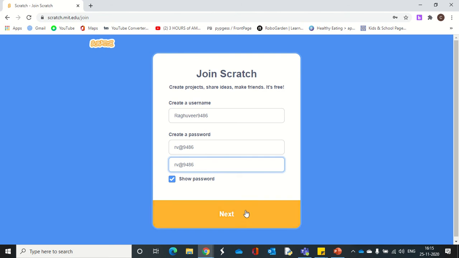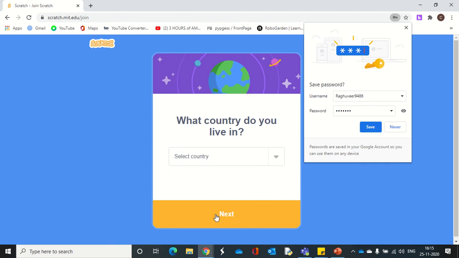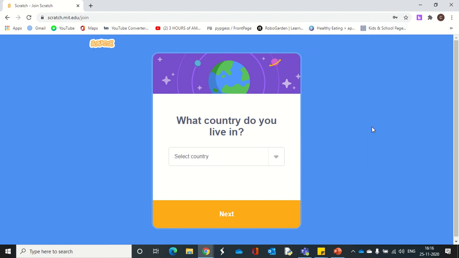Okay, then follow the process next. So now at this point of time, it is asking you to save the password. You can see here username of Scratch and password. You can verify this also by clicking on this I icon and then click on save. Okay. And then what country do you live in?